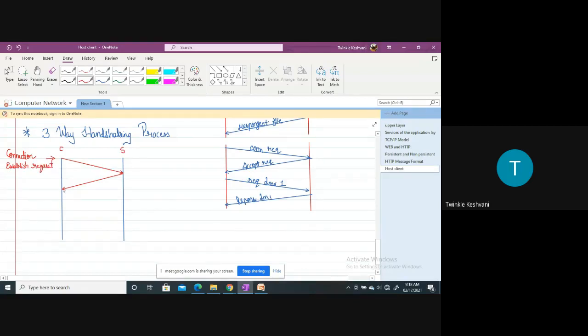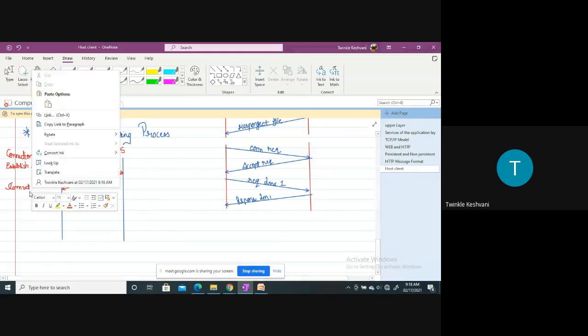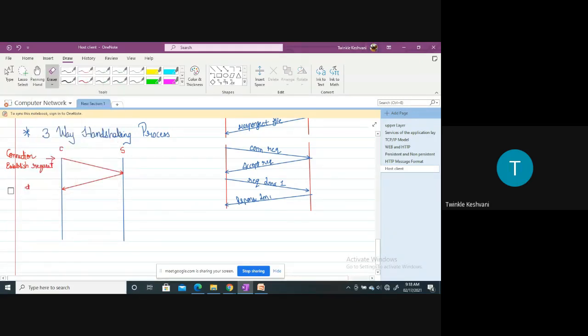Second is connection establish, or we can say accept connection request. Now here in this case, you can see the connection is already established between the client and the server, right? You can see here that the client has initiated the request for establishing the connection and the server has accepted the request for the connection establishment. Now in the third handshake, connection is established.